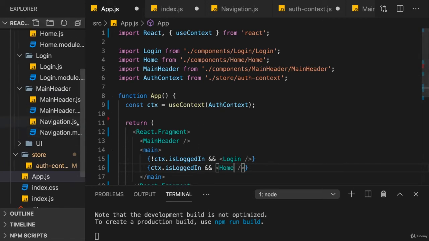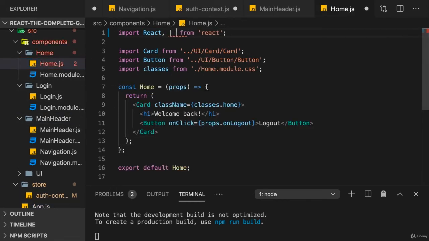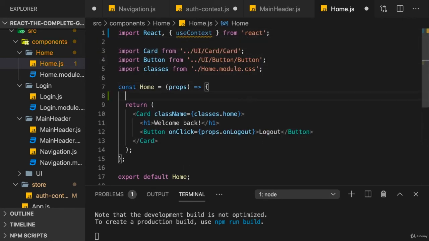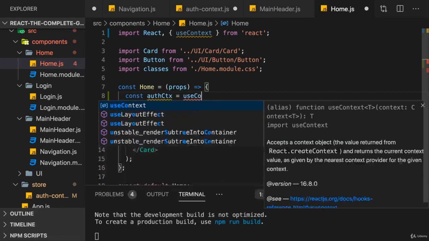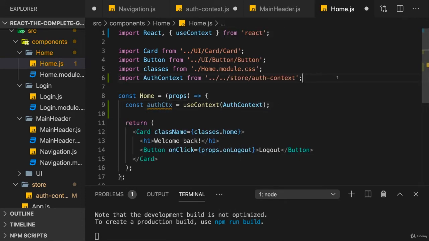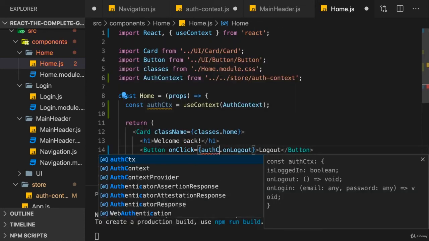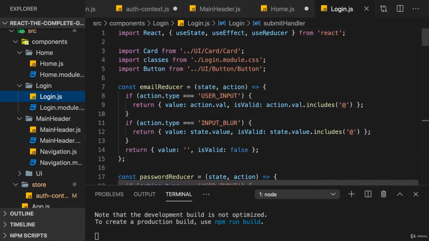And now tap into context in the home and login components. So in the home component, we can now also import use context and get access to our auth context, maybe to mix up the naming and make it clear what's in there, to which context we're listening here, by importing auth context and passing it to use context. Again, use auth context here, not the provider. And then here we can use auth ctx.onLogout